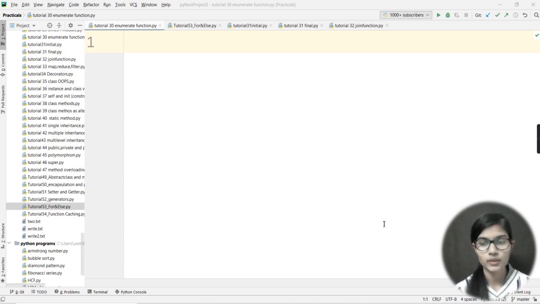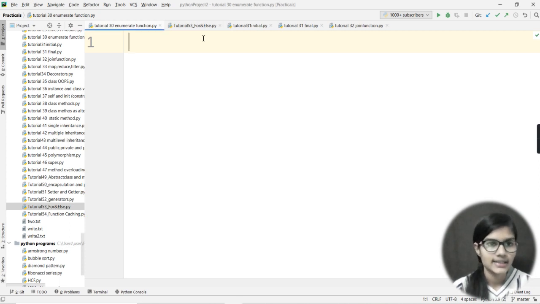Okay, so let me tell you the topics that we are going to discuss today. They are the enumerate function, then the join function, after that the main function in Python, and at last we are going to see whether we can use for and else together. If yes, then how, and if not, then why we can't use for and else together. So basically these are all of the topics which I have just named, right? Let's get started with the discussion of all these topics.